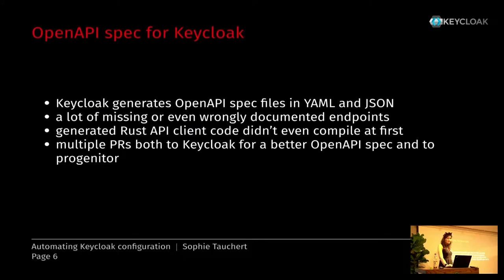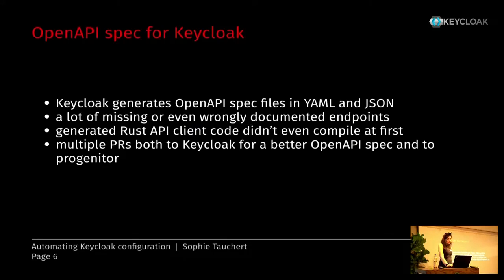Currently, the specification is missing a lot of endpoints, and those that are there are sometimes wrongly documented. That is, return status codes are wrong, or return bodies are just a generic object instead of the actual data that Keycloak returns. And that's what I've been working on for the last few months. I've opened a couple of pull requests to Keycloak, and thanks again to Alexander for reviewing them, to improve the